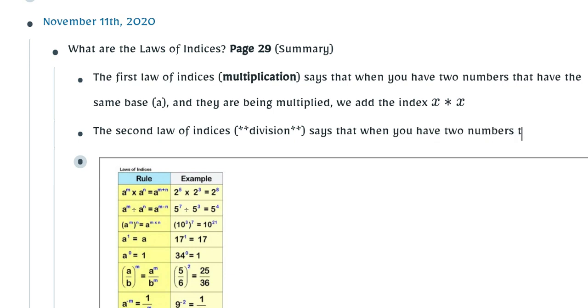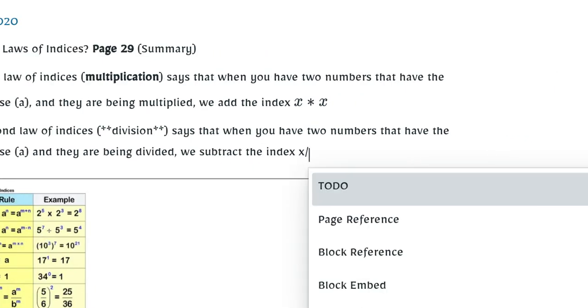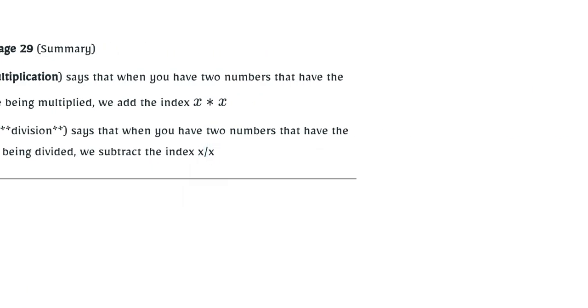When you have two numbers that have the same base A and they are being divided, we subtract the index. So if we have x divided by x,